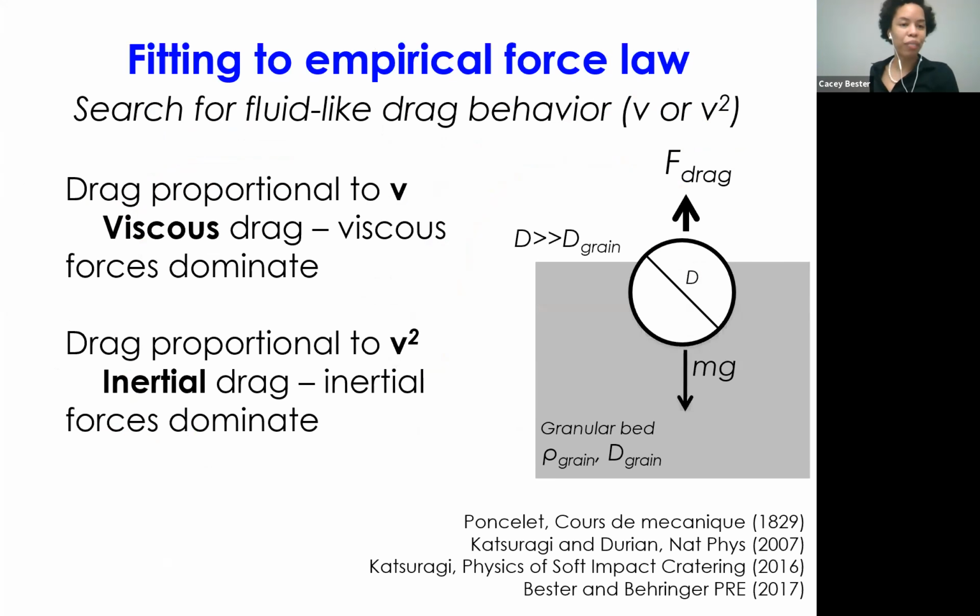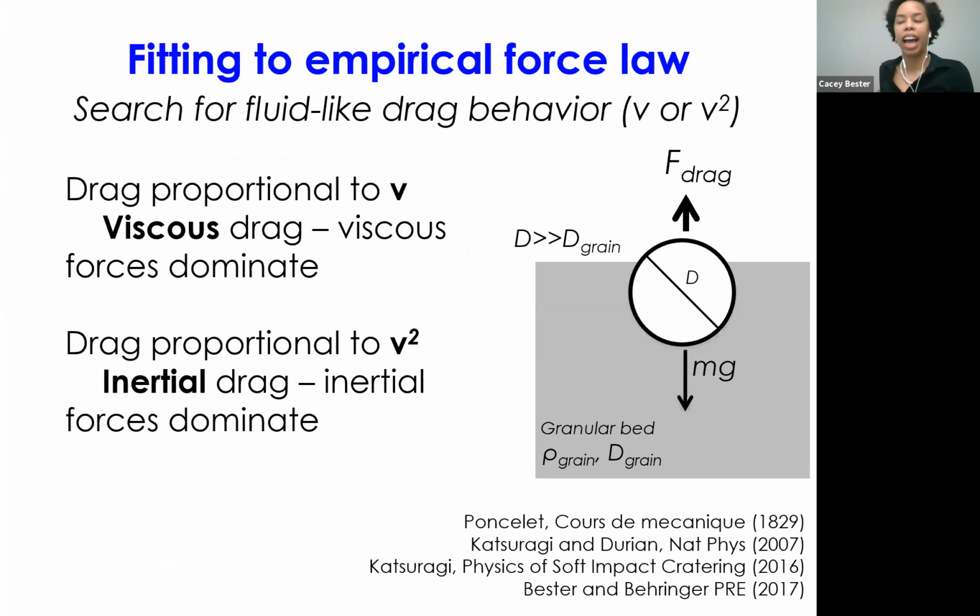Okay, so now that I've shown you all my approach to acquiring our position data, we repeat this with the goal of getting several measurements that will get us to a way of describing the granular media. So in essence, our goal is to search for something that will describe the fluid-like nature of the granular media as a result of our